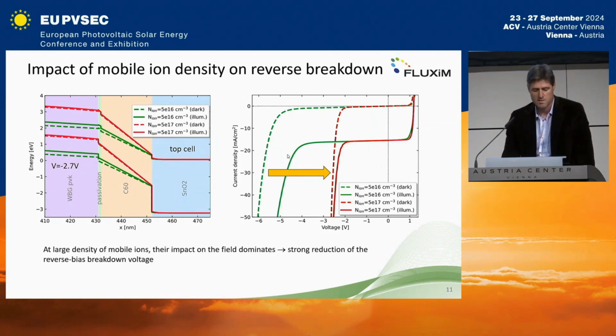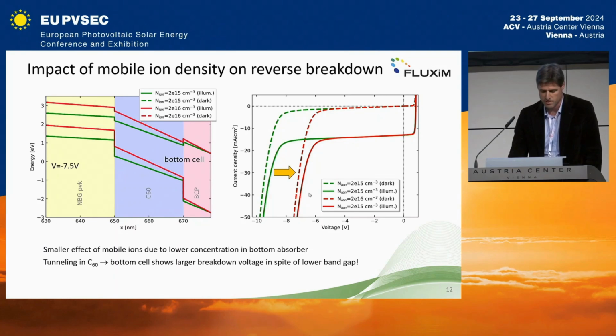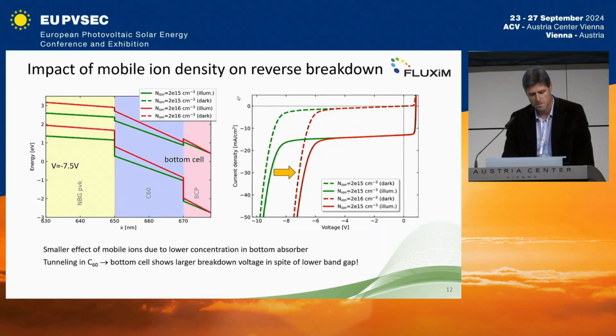Now, if I increase the density of mobile ions, the field becomes much stronger, and this strongly reduces the breakdown voltage. So I have breakdown much earlier, and in this situation, the mobile ions dominate over the photo generation. The situation is similar for the bottom cell, just that here the effect of the photo generation is not really visible, and since we have lower mobile ion density, we also have a smaller reduction of the breakdown voltage. What is interesting to see here is that even though this is a smaller band gap of the perovskite, the breakdown voltage is larger. So this is just another consequence of the fact that the breakdown does not occur in the perovskite, but in